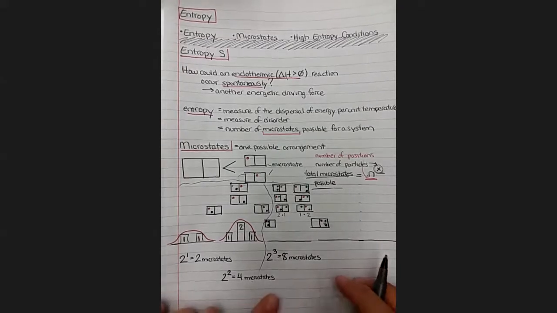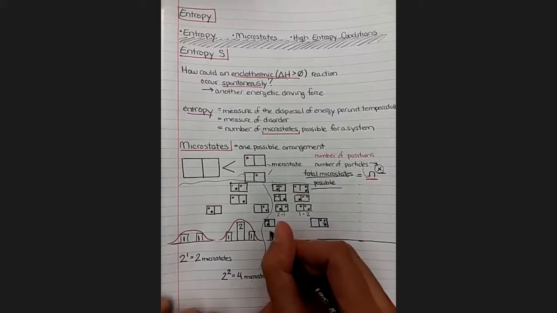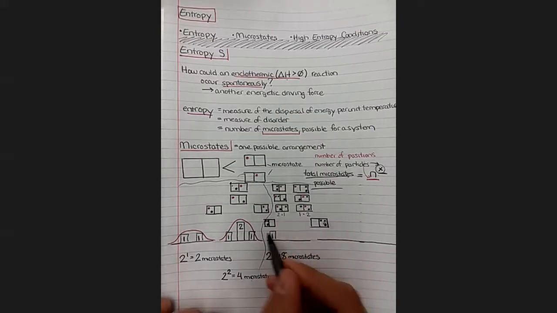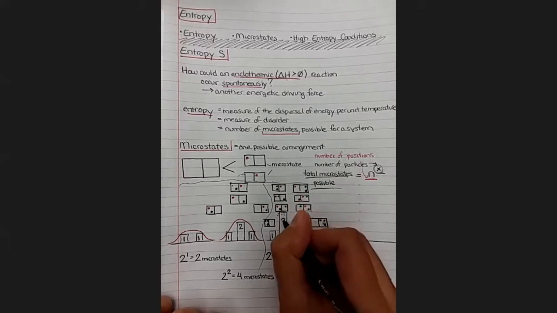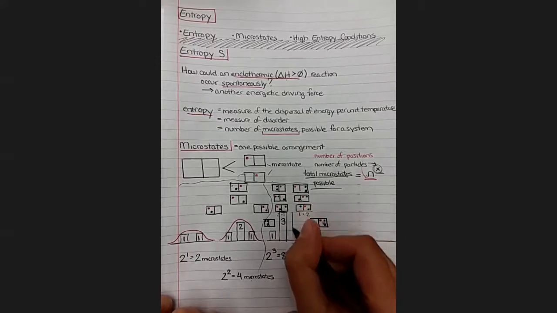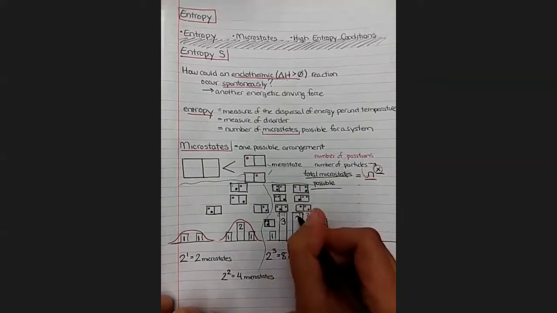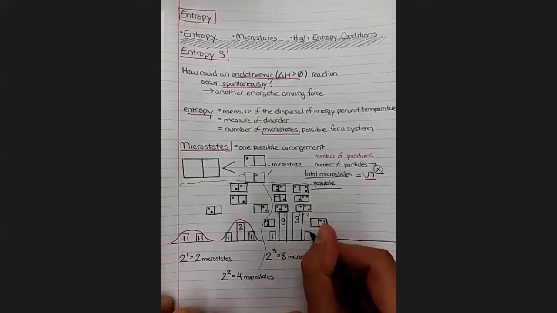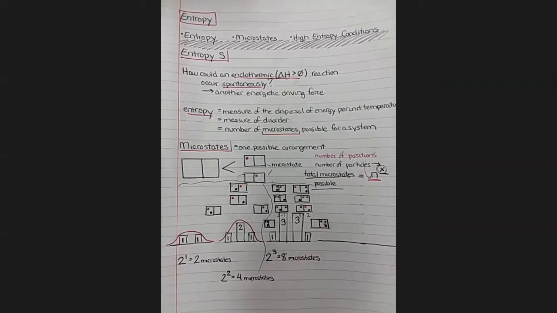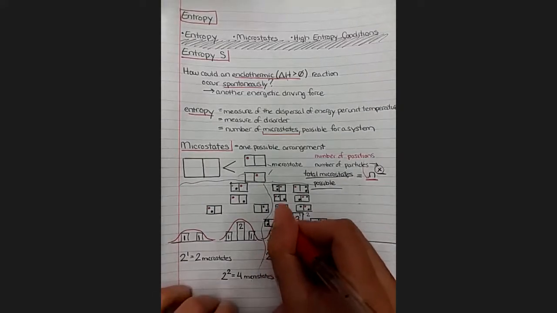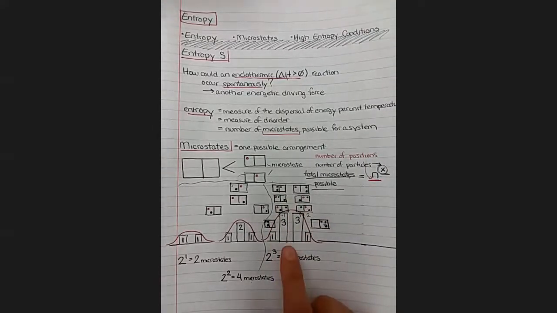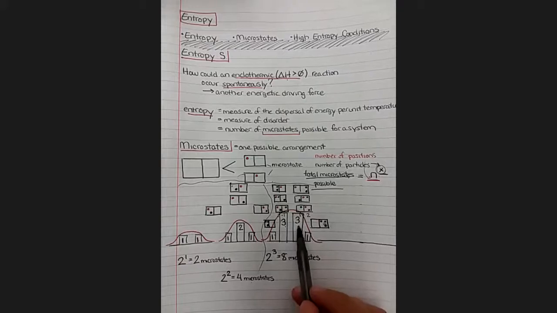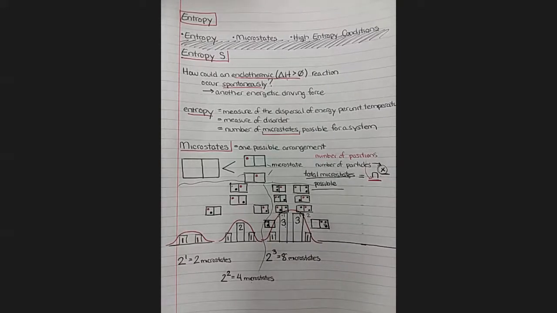Okay, so let's draw a bar graph for those different states. So we've got one way to have 3 and 0. We've got 3 ways to have 2 and 1. We've got 3 ways to have 1 and 2. And we've got 1 way to have 0 and 3. And our parabola is going to make our picture kind of messy, but there it is. 1, 3, 3, 1. And we can see that the middle is getting taller and the sides are getting shorter. And our total, 1, 2, 3, 4, 5, 6, 7, 8, equals our total number of microstates.